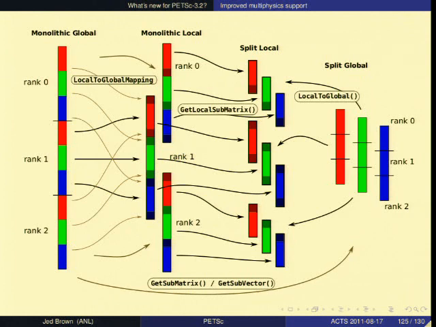So what we now have is an interface where you can get what I call a local submatrix. You provide indices into this space for the submatrix that you want to pull out, and then you do the assembly here. There's the same thing for vectors, but the software is easier for vectors. So you can assemble in this language, which I think is the most natural language to do assembly in.